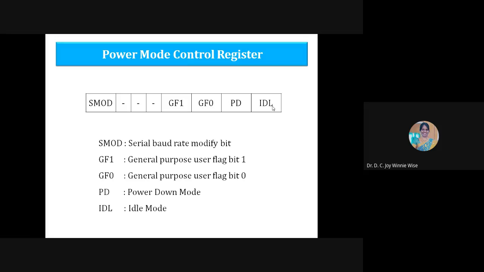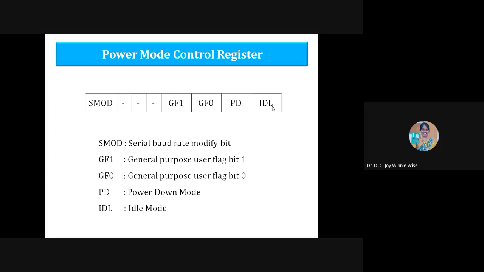Okay. So in the idle mode, the oscillator will be running only, but it will be in the sleeping mode. That is, the clock will not be supplied to the CPU. So when you move the mouse or when you press the enter key, the clock pulse will be applied to the CPU and it will come to the on stage. Okay, that is the idle mode. The power down mode is a failure, so to bring it to the normal mode you need a hardware reset. And in the idle mode, by pressing the enter key or moving the mouse, it will come back to the on stage.